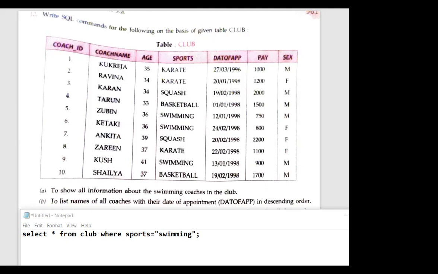Anshika, wrong. Just see the question properly. What you have to display, that should be clear to you.